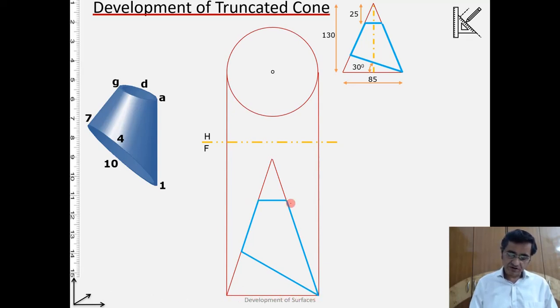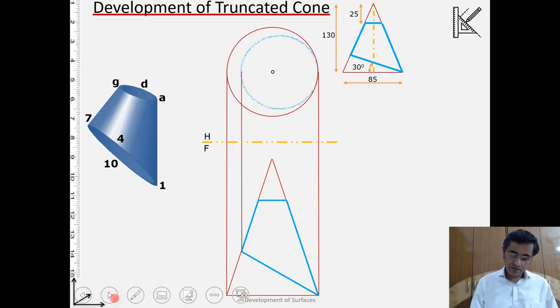Okay, because this truncated cone is also part of a cone, isn't it? Because this truncated part is a part of the cone. So for that cone, this is the base curve, and you can see the base curve here on the horizontal view. Similarly, corresponding to the bottom truncated plane over here, if I project it onto the horizontal, that is how the projection will appear. And corresponding to the top truncation, this is how the projection is.